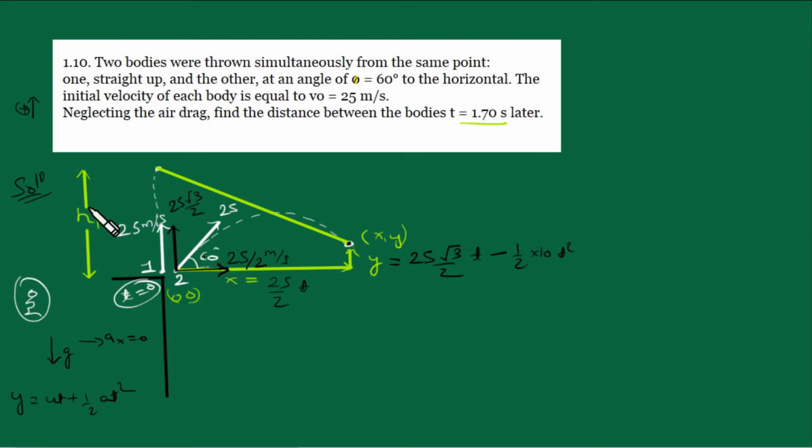Now, and this is here h1. How we will get h1? For 1 also I will do the same. h1 is equal to ut plus half at square. So u1 into t plus half into a1 into t square. This is how I will go. And finally, let me write a little bit fast. 25t minus half into g into t square, because acceleration of particle 1 is also g, but in vertical downward direction. That's why minus came here. And g is obviously 10. I will use g as 10 meter per second square. So this will be h1.